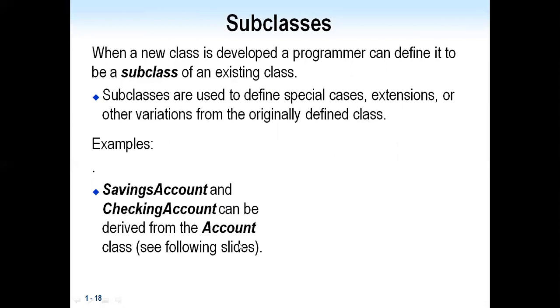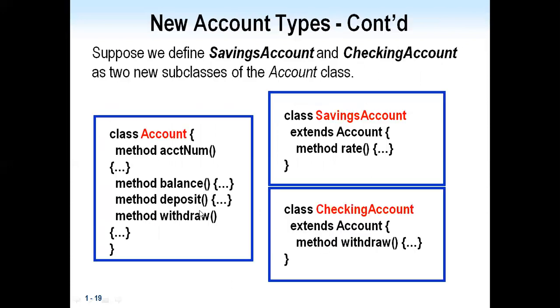Here, account is the superclass, and there are two types of accounts: saving accounts and checking accounts. These two accounts can use the properties of the account class. That is, it uses the properties and attributes of account. So for programming development, account is represented by the parent class, saving account is one subclass, and checking account is another subclass. Suppose in the Java language you are defining saving account and checking account as two subclasses of the account class.